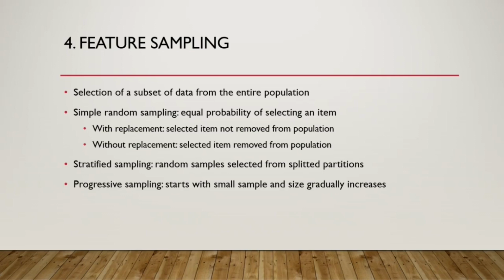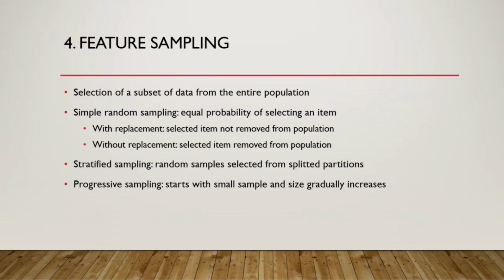Instead of doing all my experiments on the entire data set, I can take some meaningful sample from the data, so that I don't have to handle that huge data set, but I can get most of the characteristics at least from the data set. Because you understand that if it is a huge data set, sometimes it is nearly impossible to process. So selection of a subset of data from the entire population is called sampling.